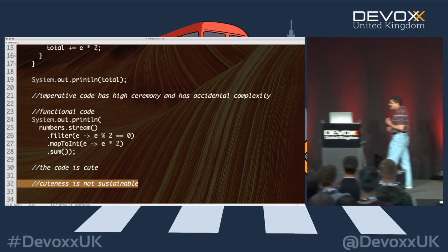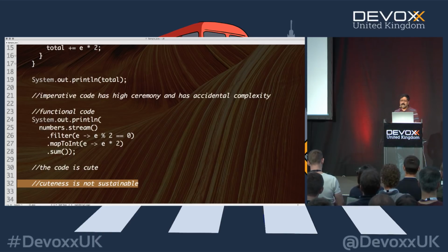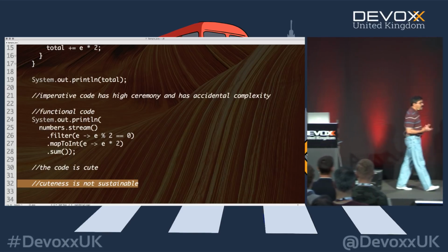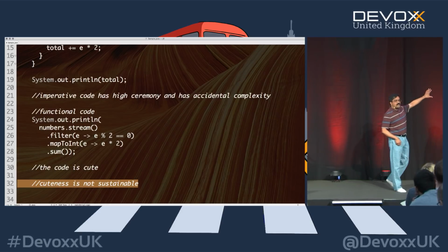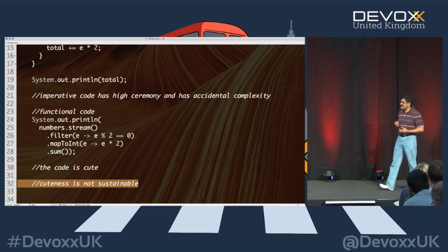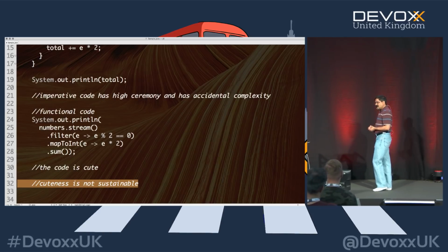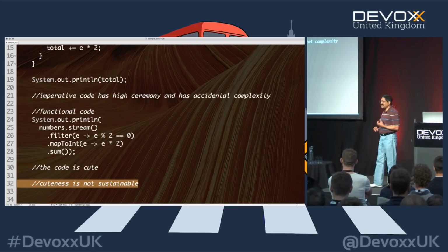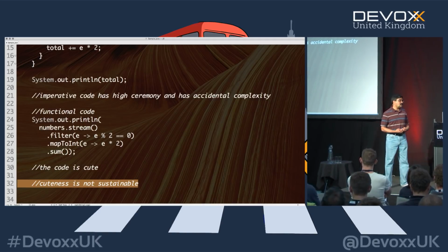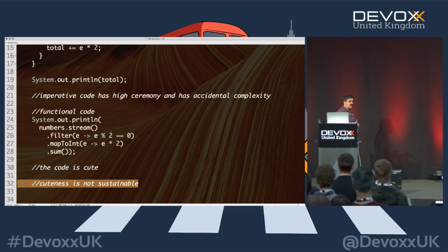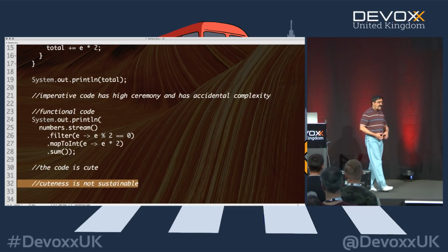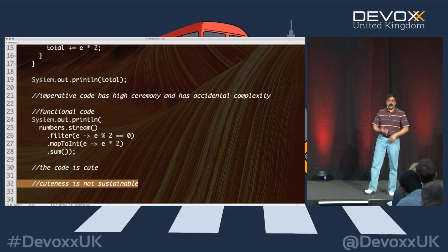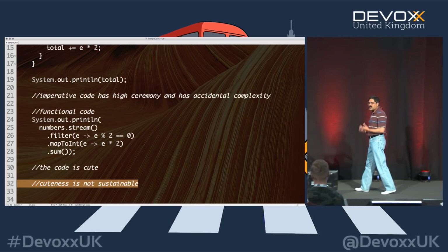Why? Because when you look at a lot of different languages on the other platforms, Ruby and Groovy and JavaScript and Python and so many other languages, they give you the cuteness of the code, but they do not give you the laziness of the evaluation. And to me, the cuteness without the lazy evaluation, expressive code without lazy evaluation, simply doesn't cut it. And the reason is, we use languages like Java on very large enterprise applications. We cannot simply throw features together and say, isn't that beautiful, isn't that expressive, let's go home. No, we are not going to go home because performance matters at the end of the day.